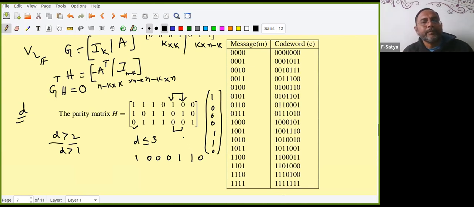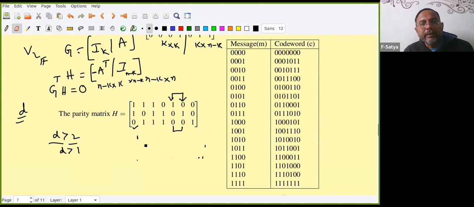I'm thinking. What I want to say here is that these columns are linearly dependent. Then I can find a code word. So in the remaining places I can put 0, and still I can get a code word. That's my plan. With that I can get distance less than or equal to 3, right?